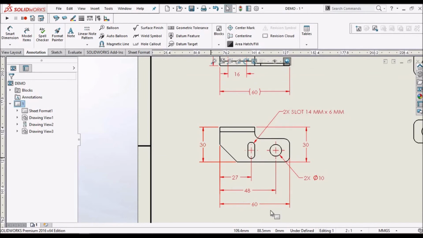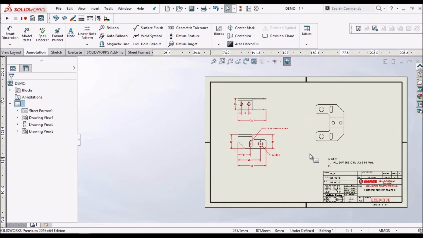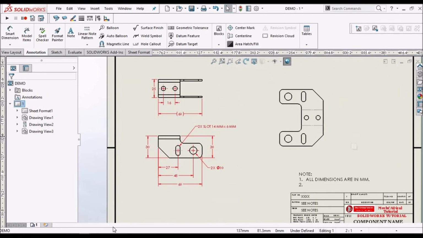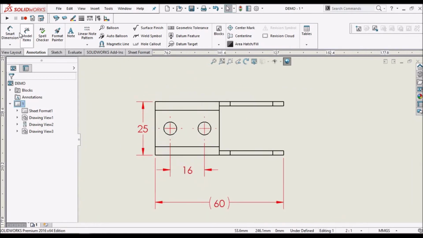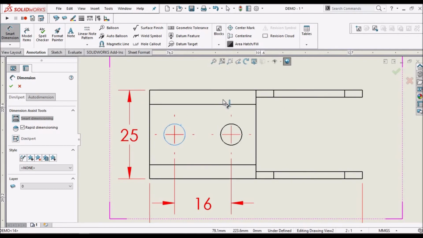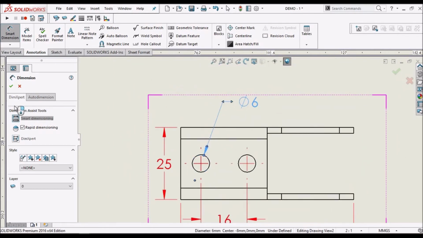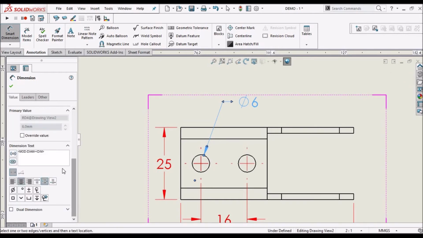Here height and the length of the component. So there are 2 holes, so we can show here. Two into x.